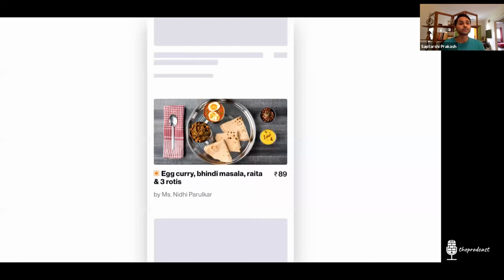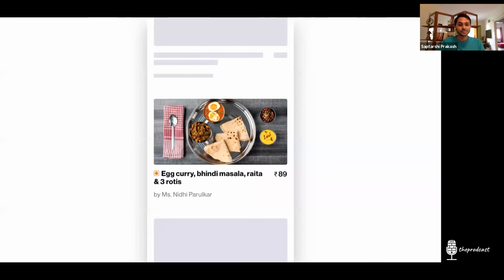Because we had to differentiate it from the regular restaurant food that is cooked, because you can buy an egg thali from a restaurant as well, but this was different because it was cooked in a different way, which is easy for your stomach, something that you can eat every day without having to bother about your health. So the home style had to come out, hence steel plates in photography and stuff like that.